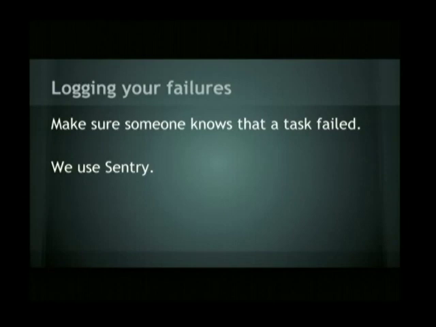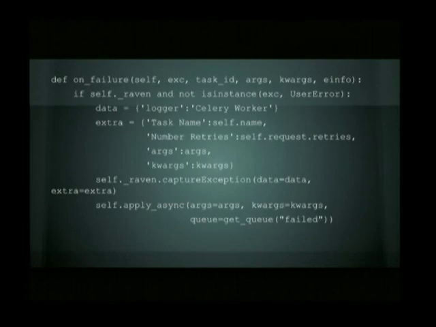In our case, we actually use Celery, which is a pretty good service for that. It is not, by far, the only thing out there to do this type of thing. But it happens to be what we use. And it works well for this. So here's an example of how you can do this. So in Celery,